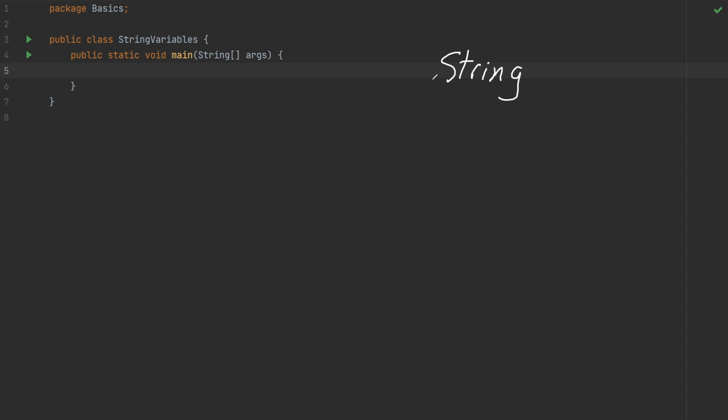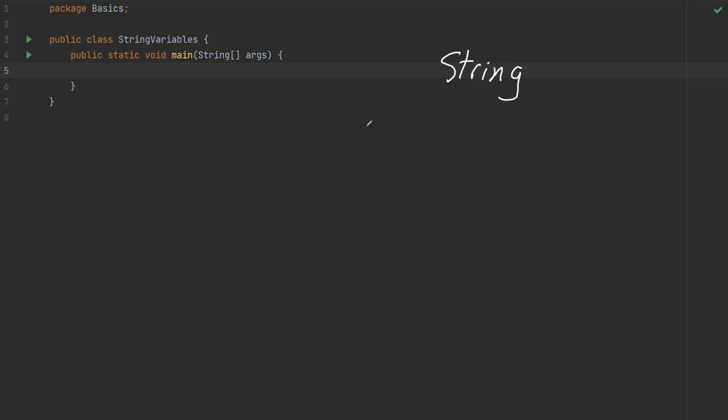So primitive means, let's do a short version of it. Primitive means basically it's not built in into the JVM, okay? It's something coded afterwards. Anyway, we'll come back to that later. For now, what we need to note is that string allows us to put any amount of characters we want